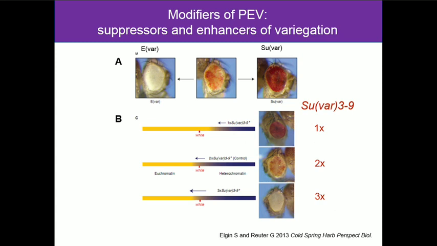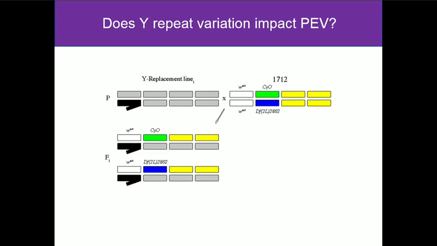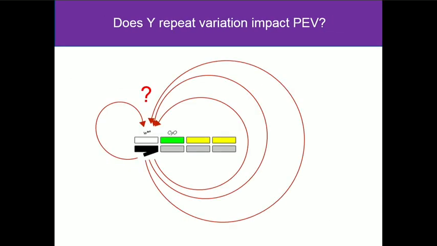All right, so that's an interesting phenotype. Can we use it as a proxy for measuring chromatin state? And the basic question here is, does the Y chromosome, by virtue of it having such different amounts of heterochromatin, impact that particular phenotype? And we can do this by simply crossing our Y replacement line to a line that has this white mottled four. There are a couple classes of offspring that we get out depending on the second chromosome, which I'm not going to go into that detail. I just thought this slide at least showed this very simple cross. The F1 hybrids is what we're going to be scoring.